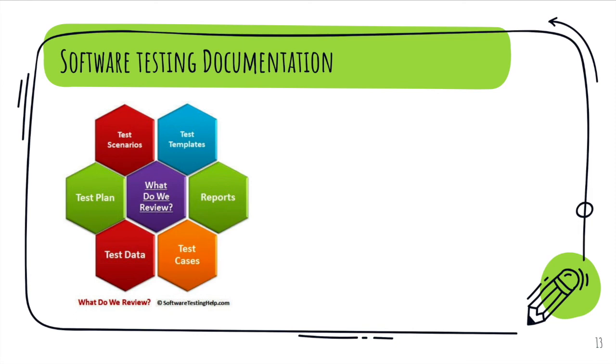In the test plan we are going to see how we are going to utilize the resources and how we are going to perform the testing, what kind of testing is going to be performed, on what system we are going to perform these, how many browsers we are going to support. So test plan contains these kinds of things. Test data: in order to perform any testing, if we need any test data we are going to create that. Say for example, I need to have some test data for username and password. I need to have some users beforehand so that I'm able to perform the testing on the application.